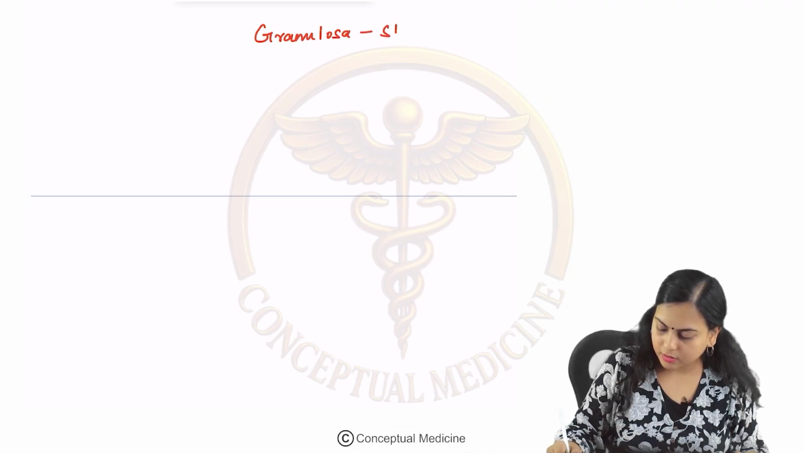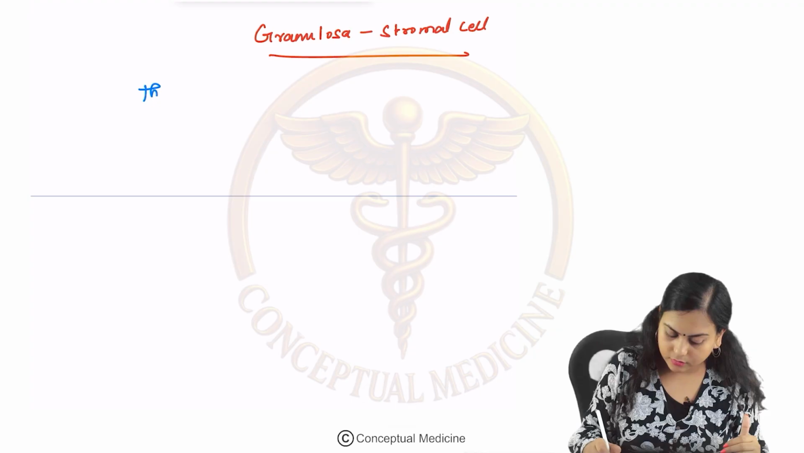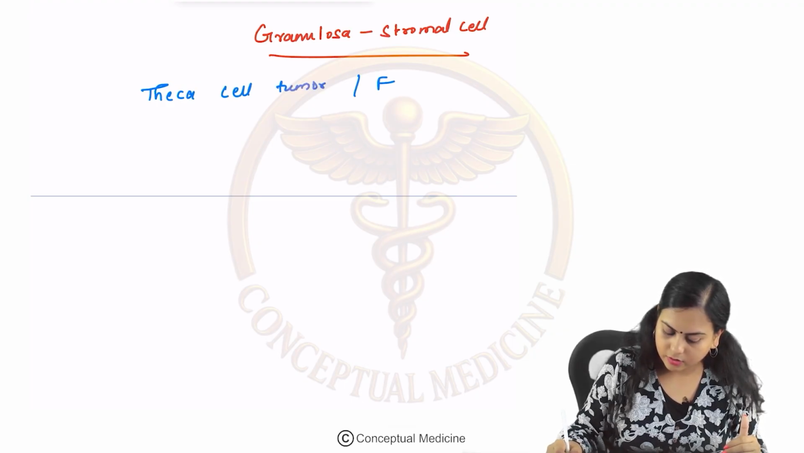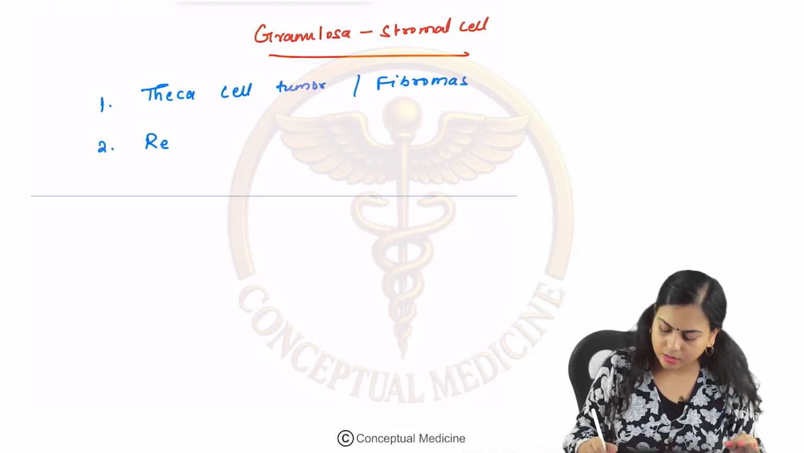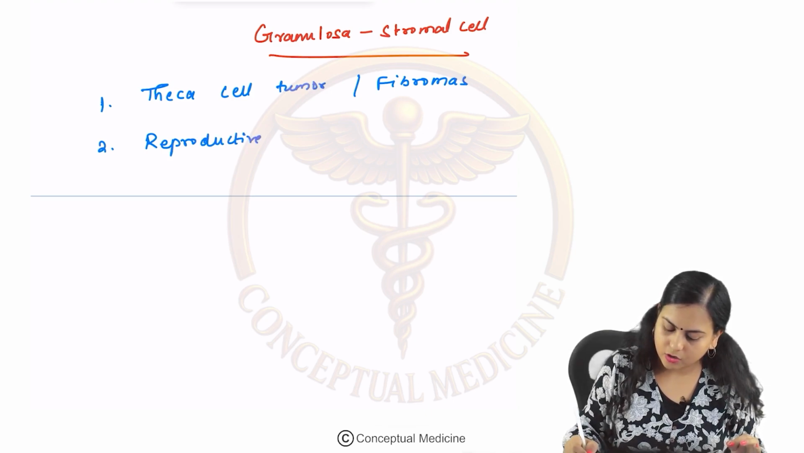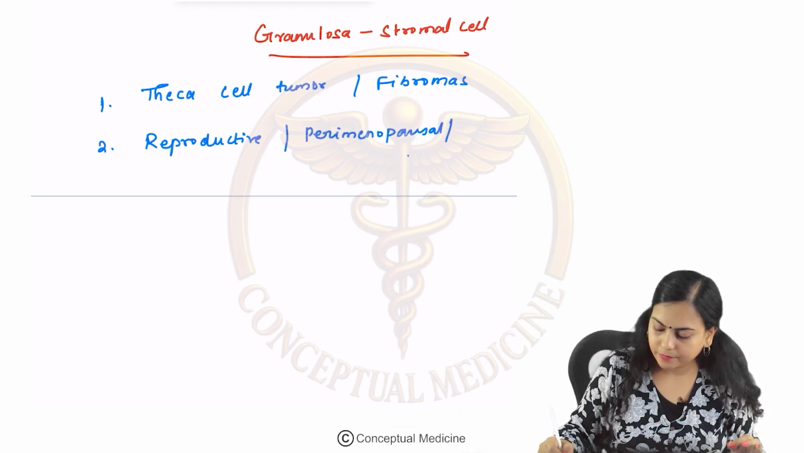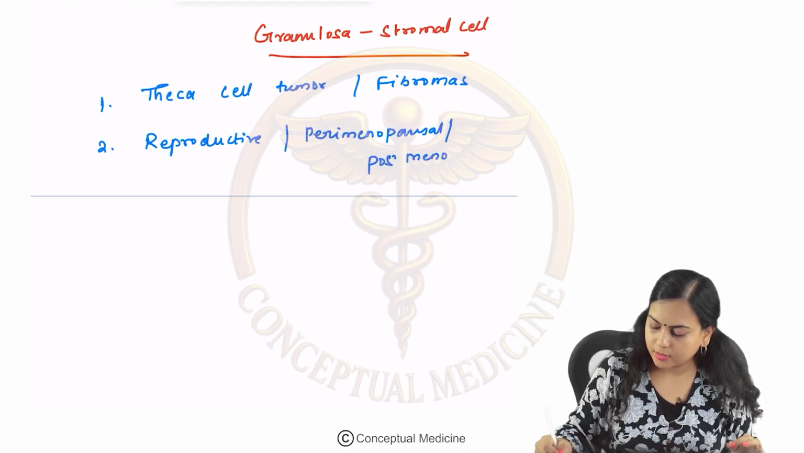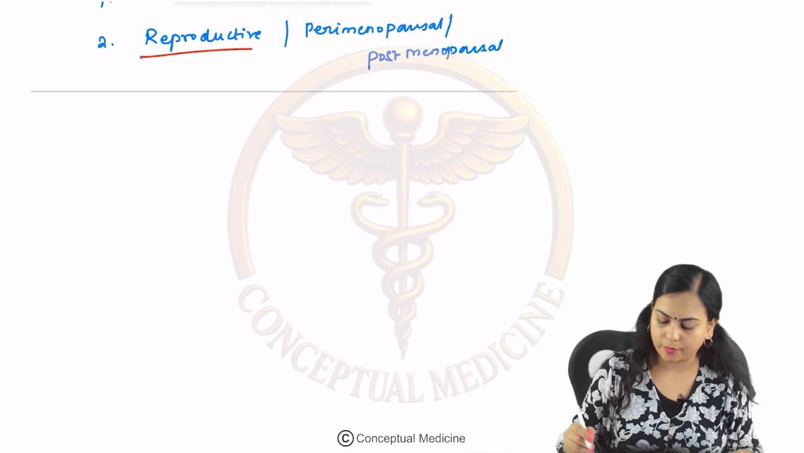Now, next is granulosa stromal cell tumors. Okay. So, this will include the granulosa tumors, that is theca cell tumor as well as the fibromas. Okay. So, this can occur in any age group, say reproductive age group or perimenopausal age group or even postmenopausal age group. Okay. However, the tumors seen in reproductive age are more common, and